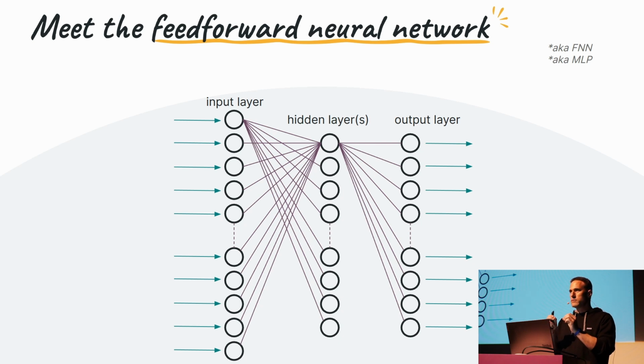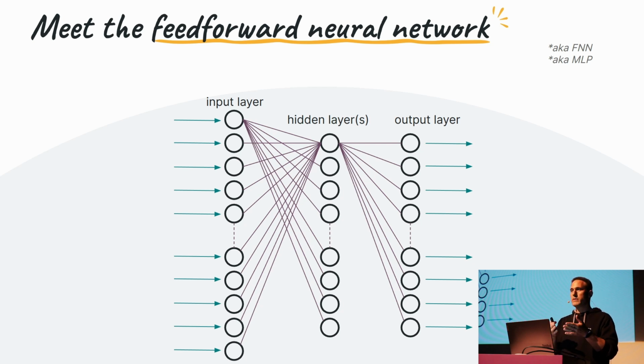And each node is going to make a small computation and provide the result of this computation to the next layer. The number of nodes, of neurons, that you find in each layer is not fixed. It is totally flexible. It depends on what you're doing. The input layer will typically have a number of neurons that corresponds to what kind of input you want to feed into the network. The output layer is going to have a number of neurons that corresponds to what sort of output you expect. And then there can be a variable number of neurons in each of the layers and a variable number of layers as well. That is typically referred to as the depth of the neural network.